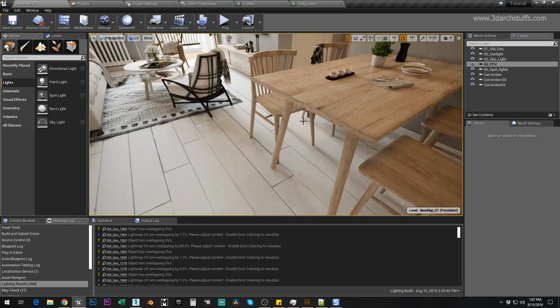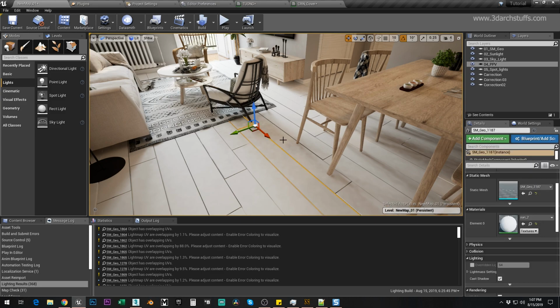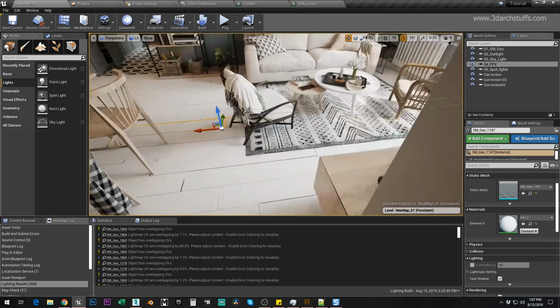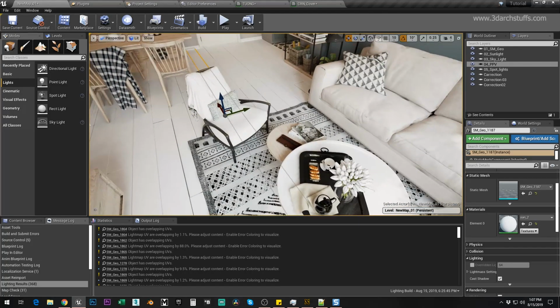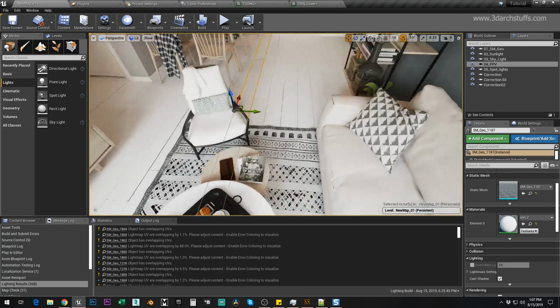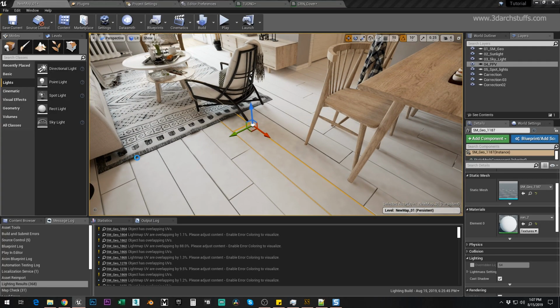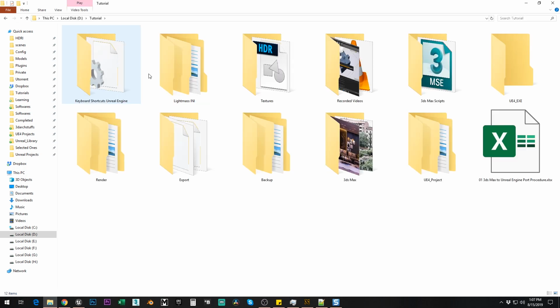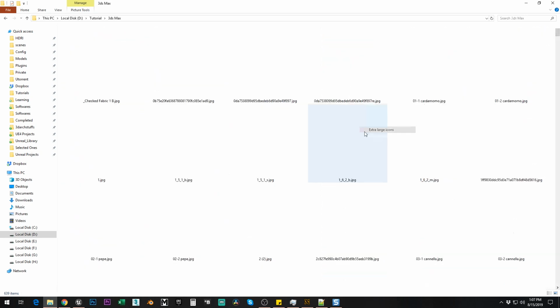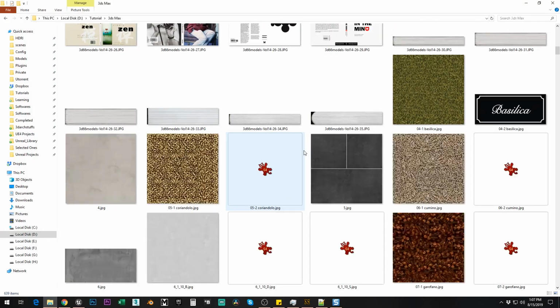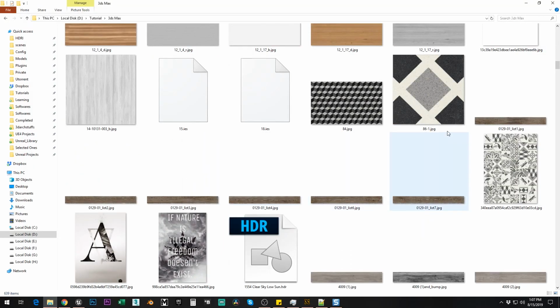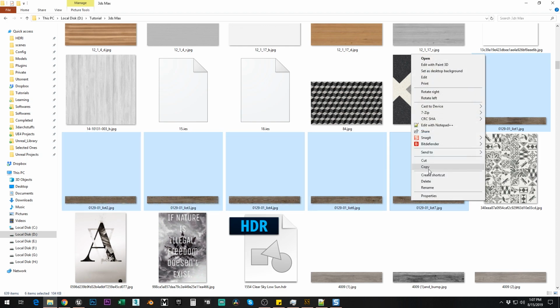And one more thing, we don't have this texture because these were multi textures, so we cannot bring them here inside it. So what I will do is I will just go inside our 3ds Max file, and then I will search for those floor textures. Okay, these are those floor textures. I will just copy them,